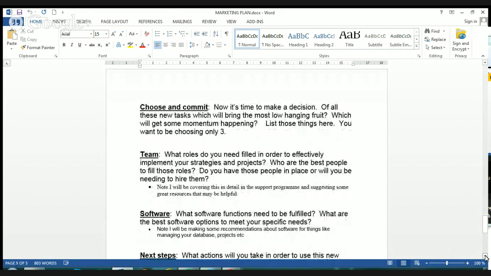And if you have a team, what roles need to be filled in order to effectively implement your strategies? You can't do it all. You have to delegate some things. You simply can't do it all. So what is the thing that you hate the most? If you hate it the most, you're probably the least good at it, and that would be the best thing